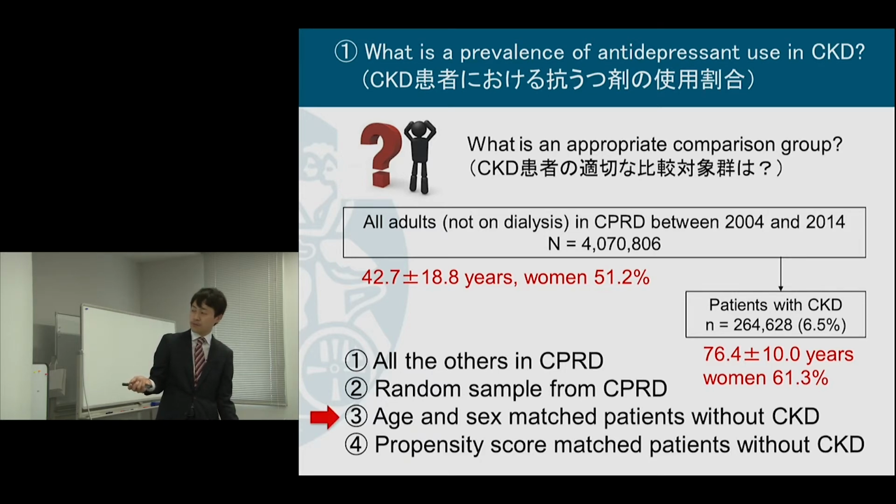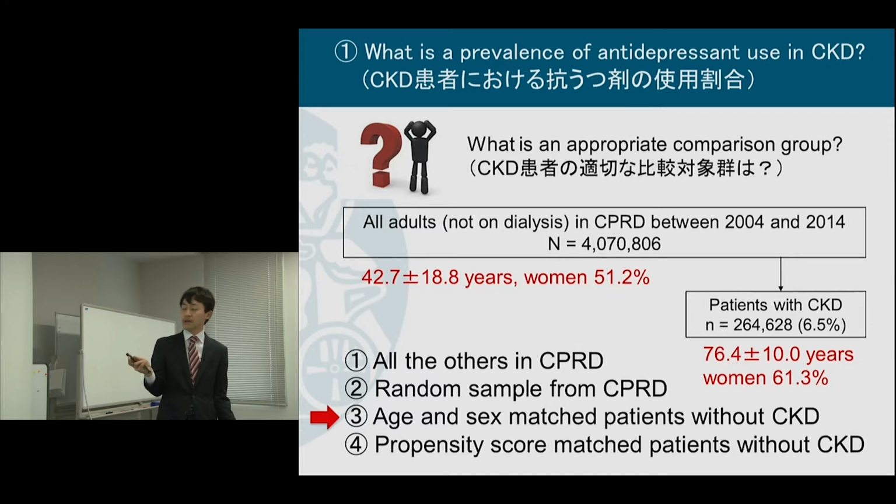And the 4th option may sound attractive because by propensity score matching, you can select patients with similar backgrounds as patients with CKD. But I tried this and found that the number of successful matches was very small because these patients with CKD are most likely to have diabetes, heart failure, and smoking status. And if I try to find propensity score matched patients, there were almost no patients with diabetes, heart failure, and smoking history, but no CKD.